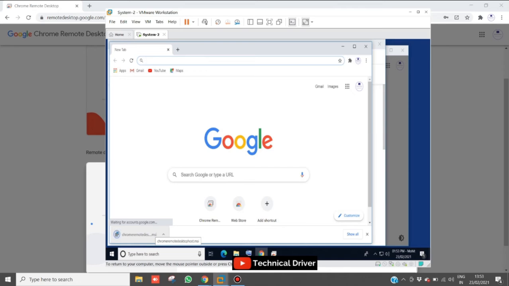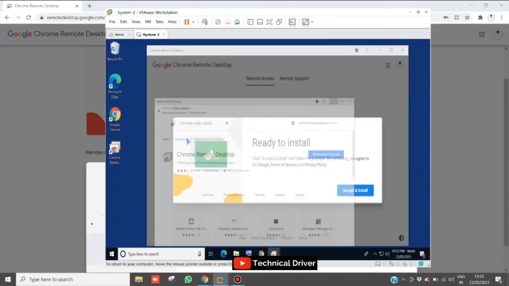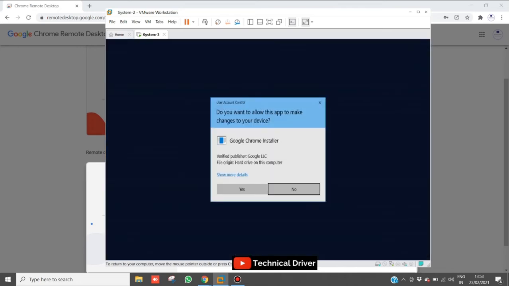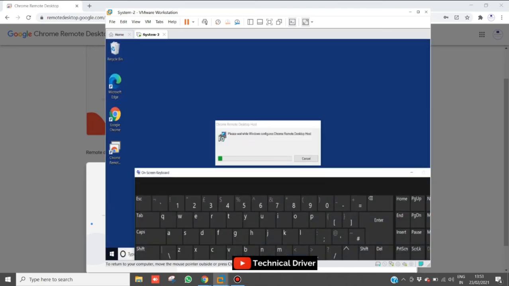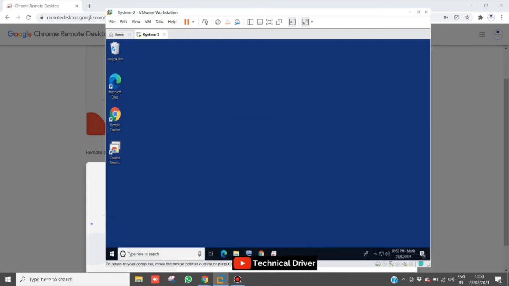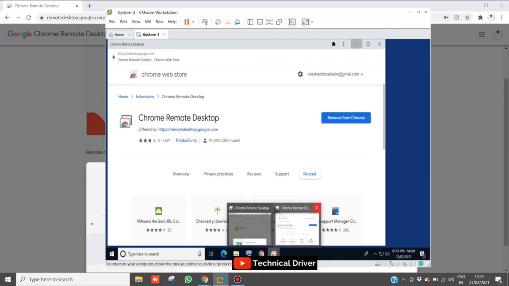Now it is downloaded. Guys, you have to install this downloaded exe on your PC first. So I am going to install. I am going to minimize all the background applications, and it is currently under installation. You can see it is installing on my virtual machine, and the shortcut icon is created on the desktop.